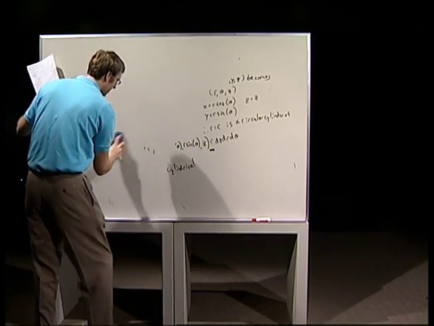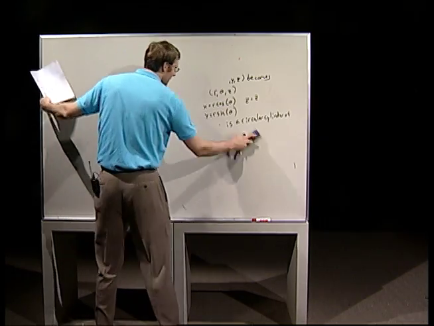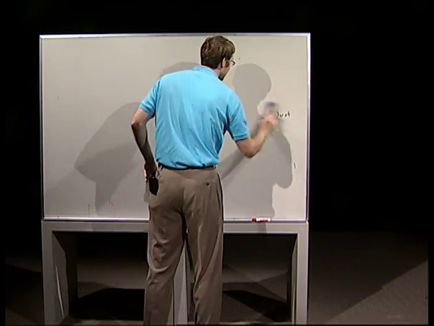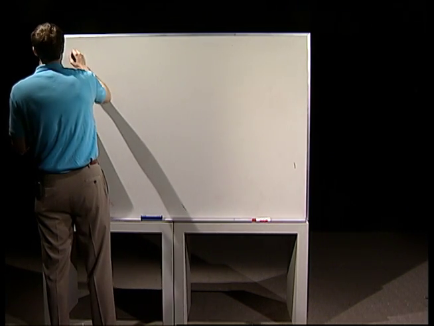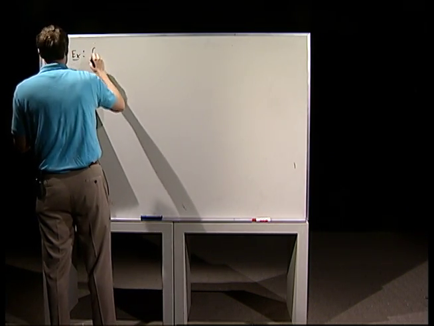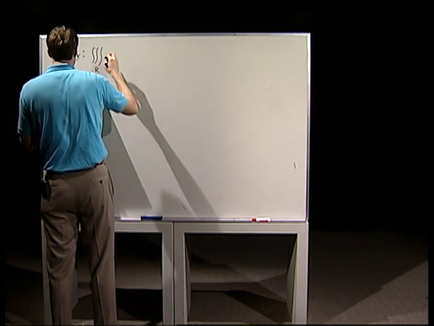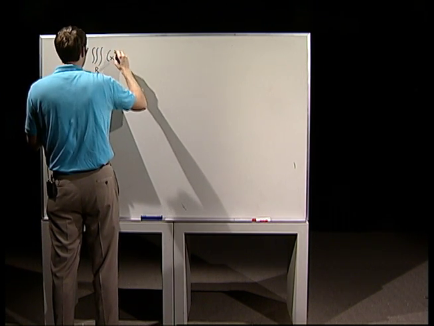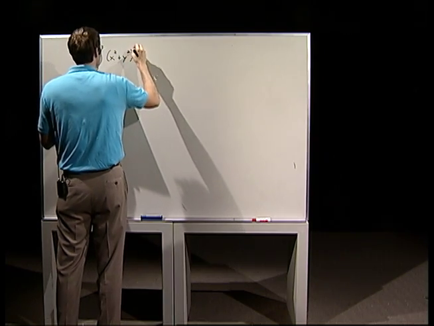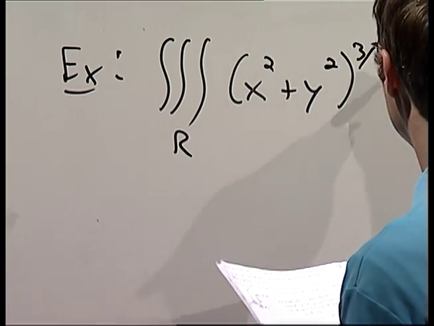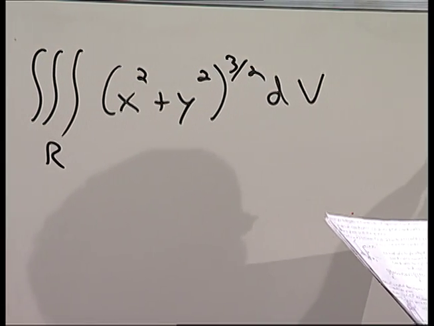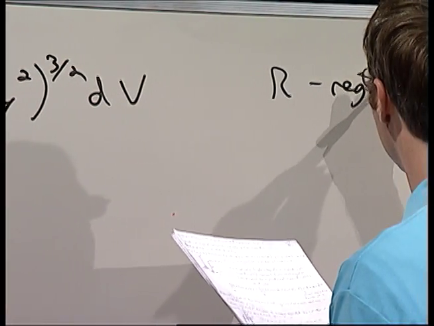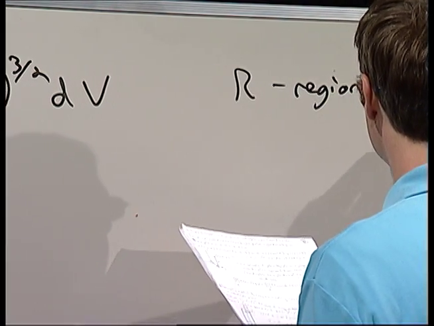We could integrate over a cylinder that's been sort of indented in the bottom. So let's evaluate the triple integral over R of the function x squared plus y squared to the 3/2 power. What do I want R to be? I want R to be the region bounded by the following